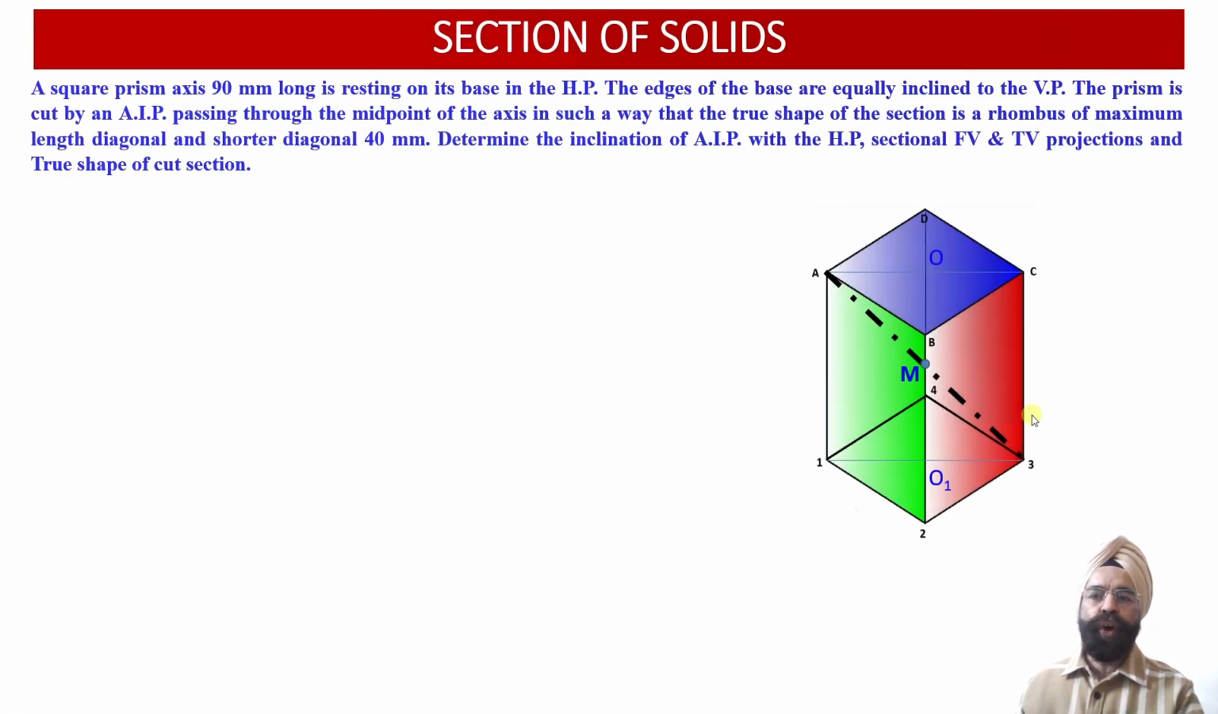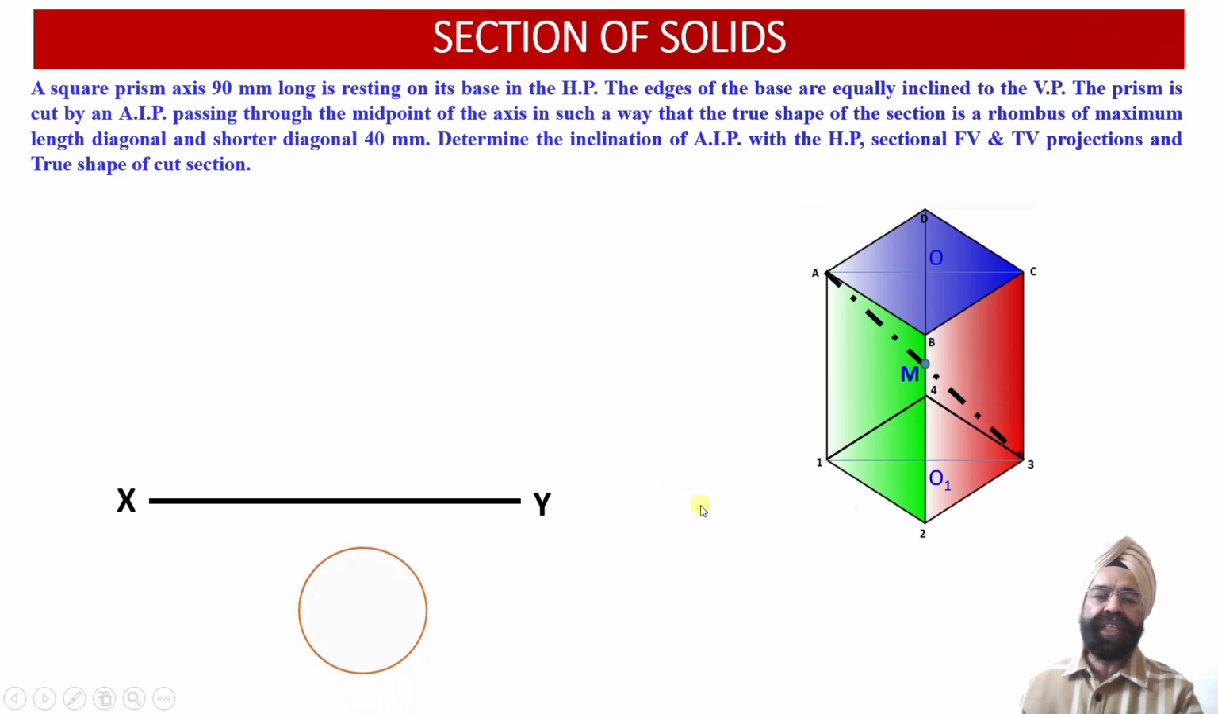Now let us first of all proceed with evaluation of the top view projections of the square prism when all the edges of the square prism are inclined at an angle of 45 degree with respect to the vertical plane. The edge length of the square prism has not been provided to us, rather the diagonals BD and AC have been provided to us. So corresponding to this diagonal length of 40 millimeter,